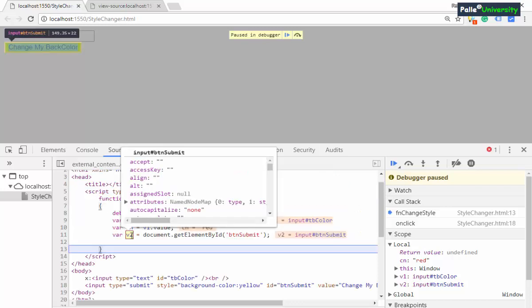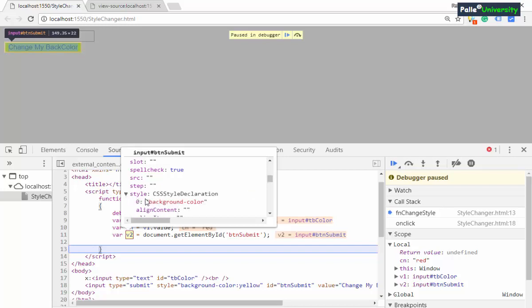Now again I recommend you to place the cursor on top of V2 and start observing the properties. Probably I may be having a style property. If I am able to observe the style property, most probably that style property may be having some sub properties which will be holding the background color. Let me show you. Have you observed the style property here? Obviously yes. Why does the style property have this triangle? The reason is simple. When you observe a triangle for any property, it means that property is having sub properties. Now let me click on the triangle.